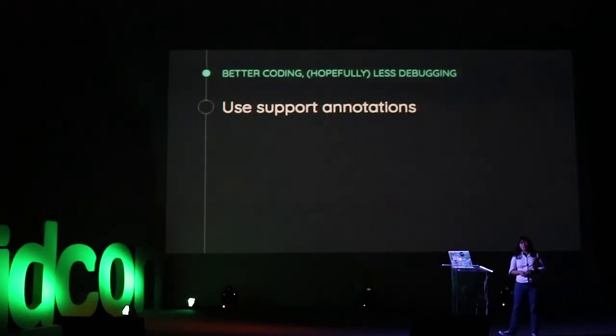Probably my favorite support annotation is @CallSuper. Especially if you're making a custom view and you do some setup in your base implementation and you want children in the hierarchy to call super. Like in an activity, you have to call super.onCreate, right? Similarly, if you have a custom view or a custom class, you can annotate a method with @CallSuper to enforce children to call your super.